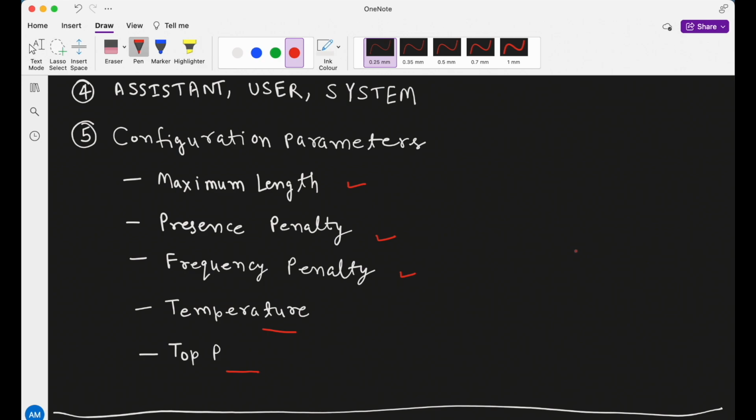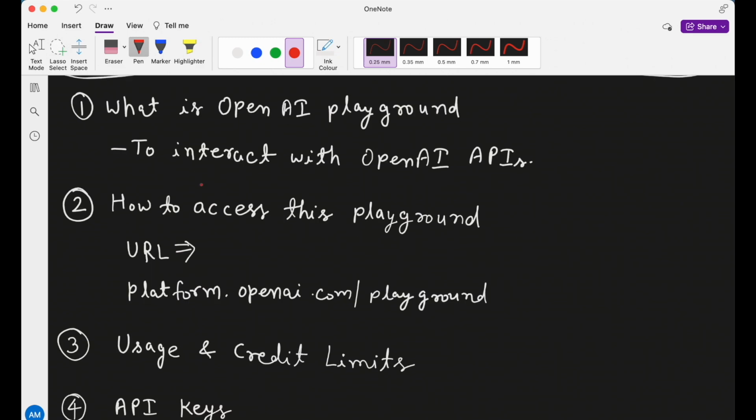So let's start with understanding what is OpenAI Playground. As you might already be aware, OpenAI has provided a couple of models like GPT 3.5, GPT 4, etc. To interact with these models, they have also exposed APIs, and consuming those APIs we can submit any request and get the response in return. That is one way to interact with those models. But there is another way as well, which is this OpenAI Playground dashboard.